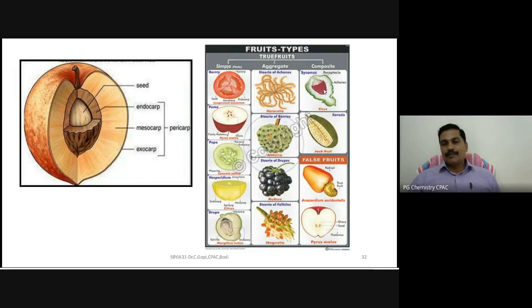So these are the different types of fruit: simple fruit, aggregate fruit, composite fruit. Simple fruit, example berry,